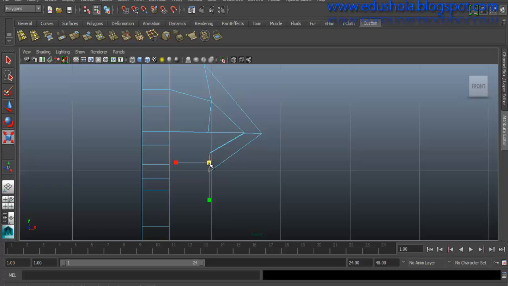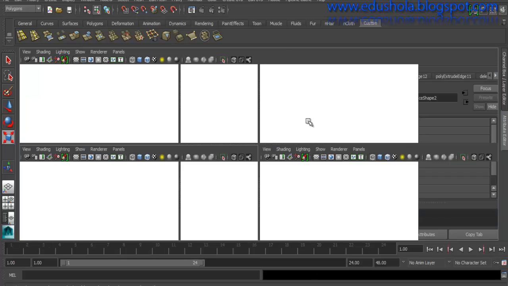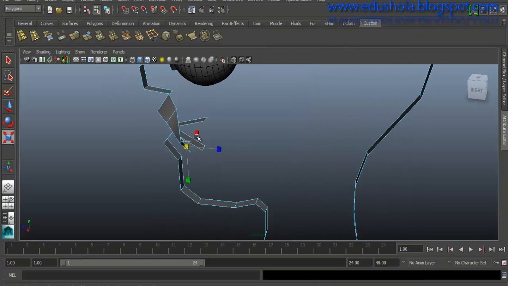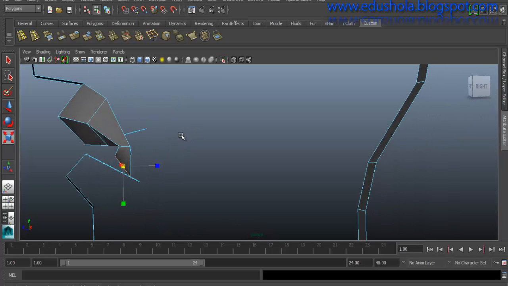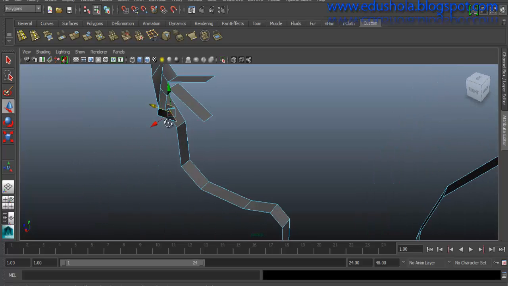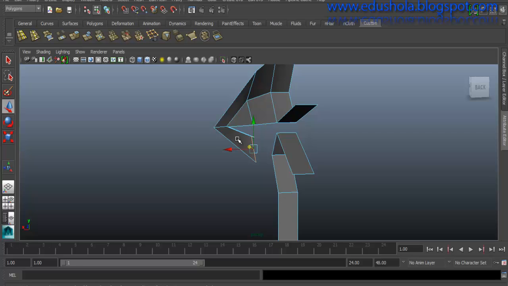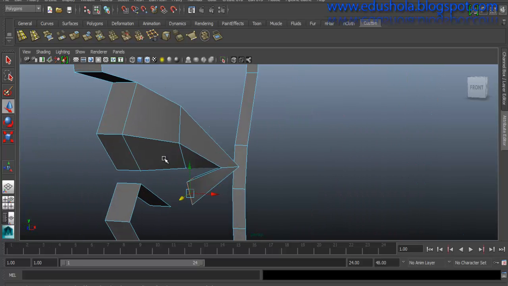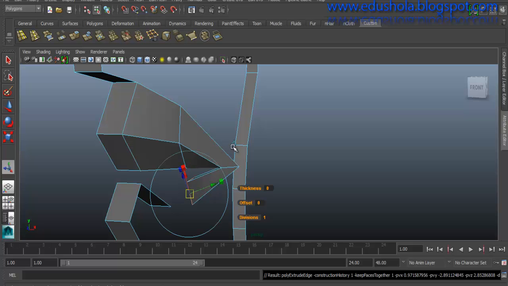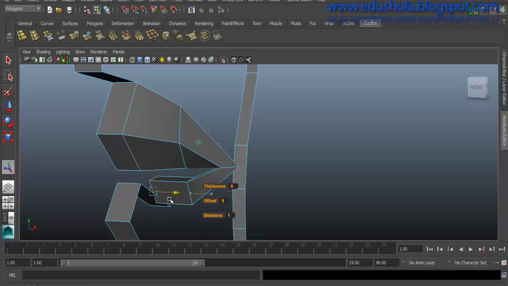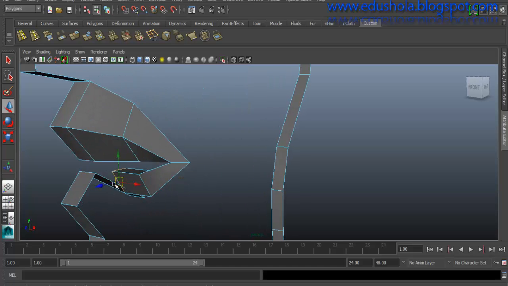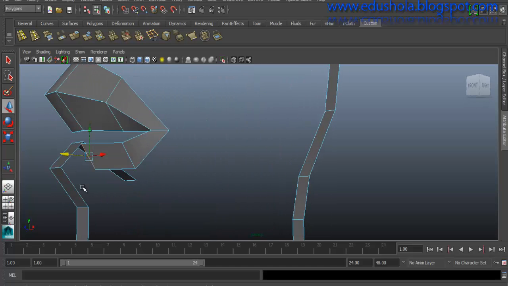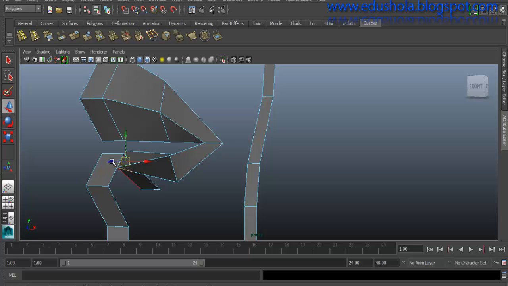I scale it up like this size. So now I can go to my perspective view and move the vertices to position it properly. Want it to be the same level with this. So now I press G one more time and extrude it out. So now we have our lip, and all we need to do is rotate this way, bring it forward,